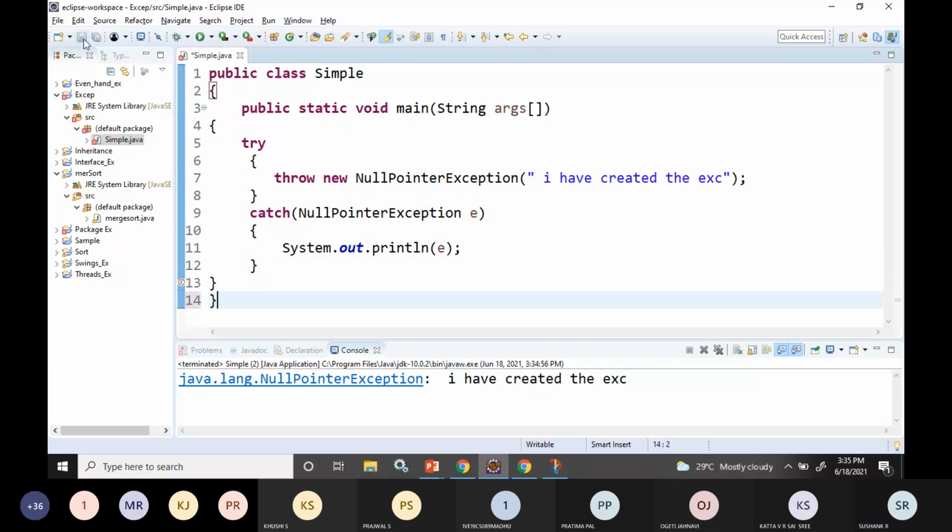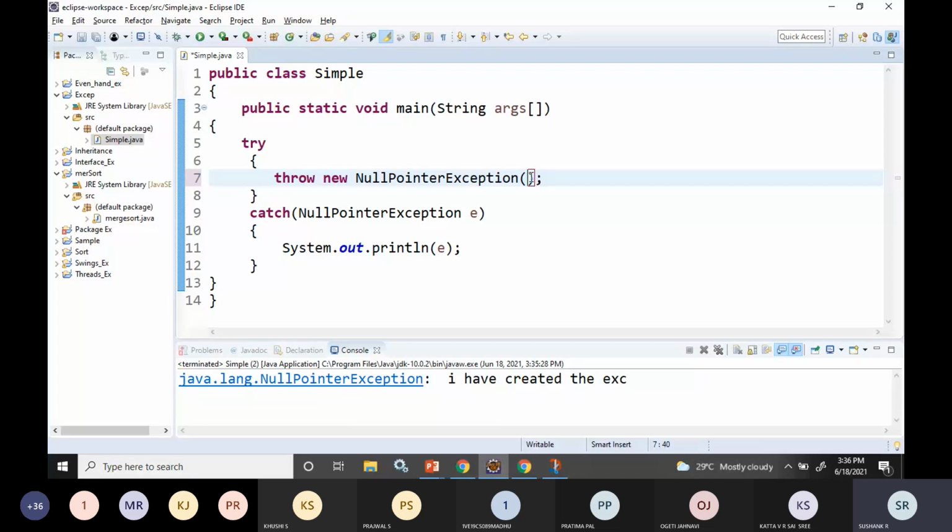Okay, like this. So throw. This is the usage of the throw keyword. The throw keyword is used to throw the exception explicitly from your end. Here I'm using the throw new keyword to create the null pointer exception. Whatever I'm writing within the double quotes will be displayed. And if you don't want to write anything, you can leave this blank also, and run it. That is not an issue, nothing will be displayed.